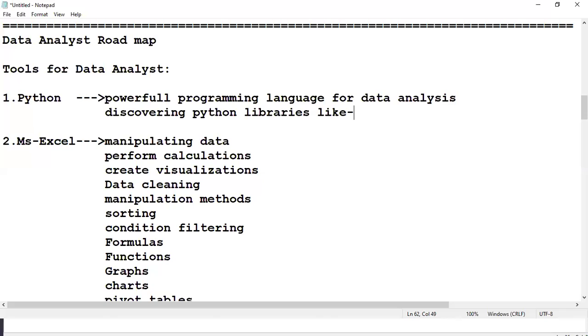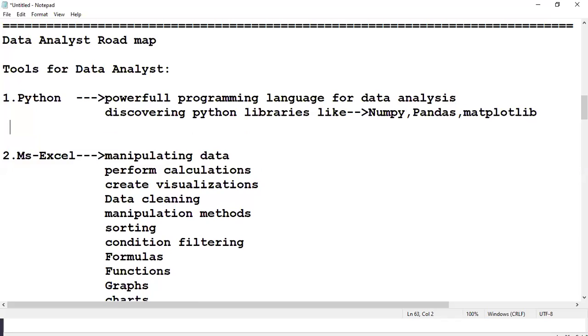Like numerical Python, NumPy, Pandas, and Matplotlib for plotting and visualizations, with different types of graphs: normal graphs, bar graphs, histograms, scatter plots, stack plots, for advanced data analysis.